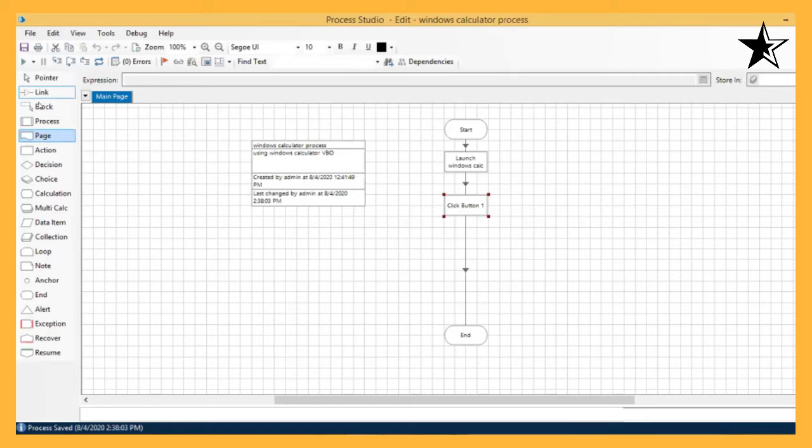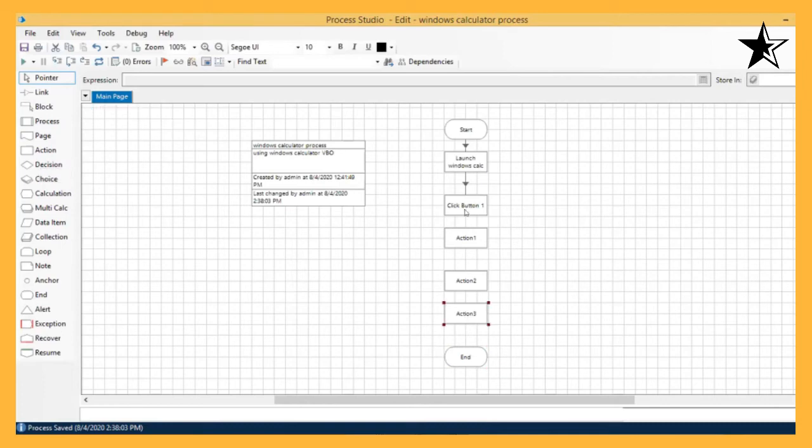And now I use further stages: another action stage for 1, 2, plus and equal. So I need to have another action stage. Use another action stage here.